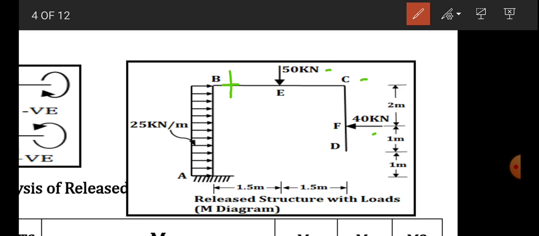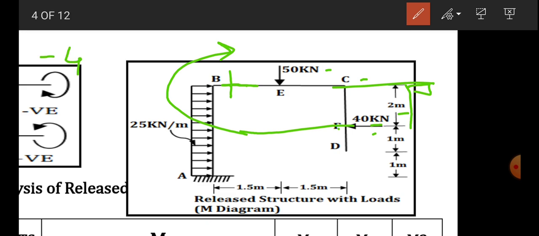There are two forces, 40 and 50 kilonewton, so we have to consider these two. The first force is 40 kilonewton, which is acting horizontally. So we must consider the horizontal imaginary axis, and draw the line of action through that horizontal force. If you draw the perpendicular between these two, the perpendicular distance is 2 meter. If you rotate, it will rotate about that horizontal axis in a clockwise sense. So the moment about that imaginary axis due to the first force will be minus 40 into 2.